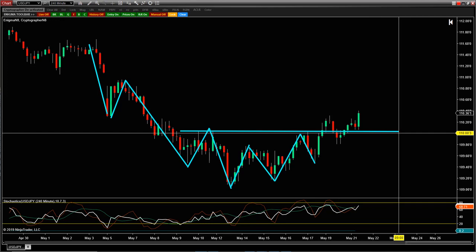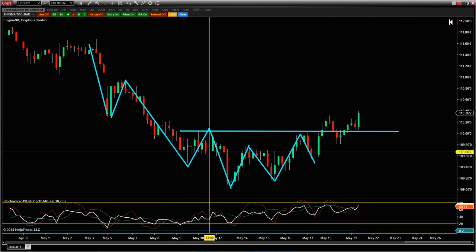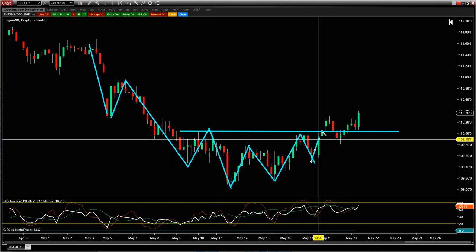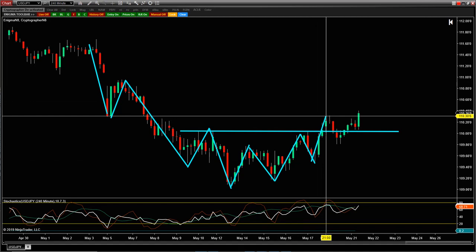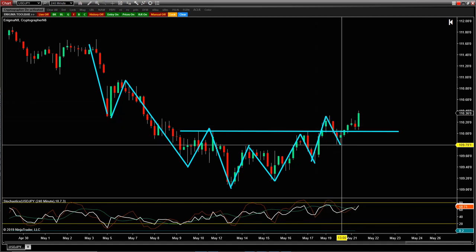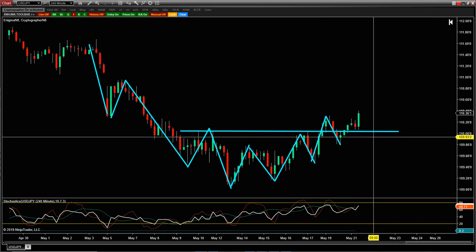Essentially, you can look at this as a head and shoulders pattern, and it's all kind of the same thing. Whether you want to technically call it one or not is up to your perception, whether you're seeing this as a shoulder or just consolidation. The same principles apply. The consistency of seeing lower lows and lower highs has ended, and we've started looking the other direction. And lo and behold, we did get our break and close above. We did get our retracement back into the previous structure resistance, now acting as support. And now we're looking to break and close above again.